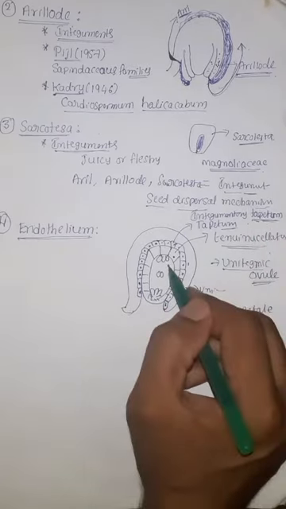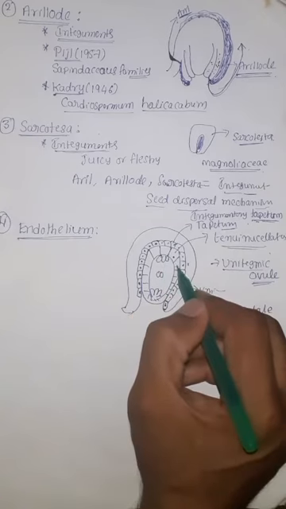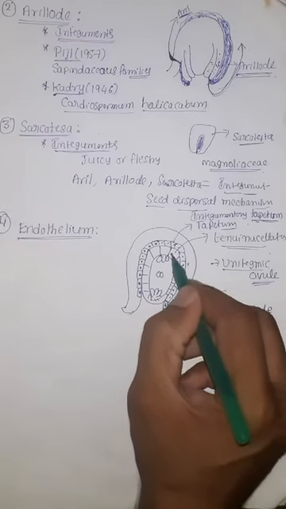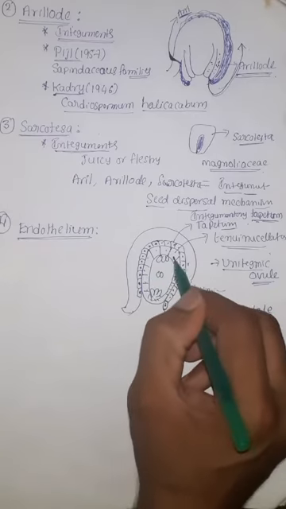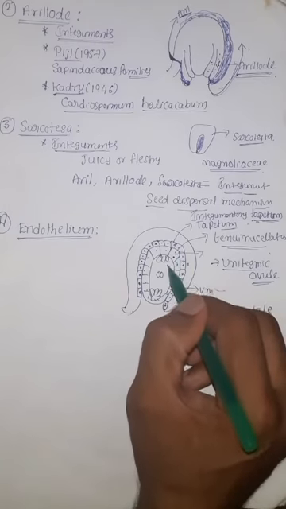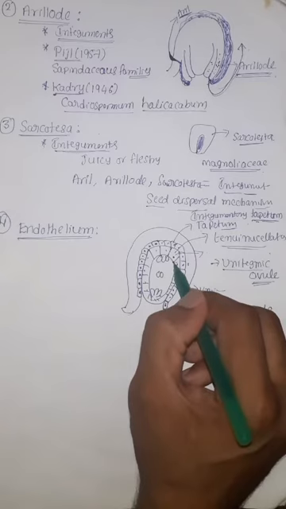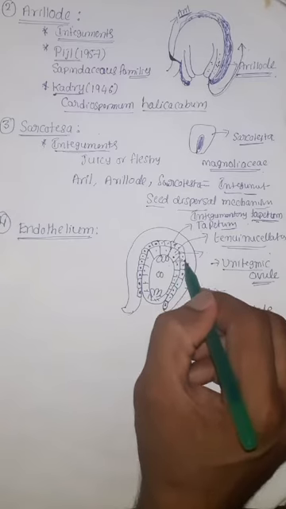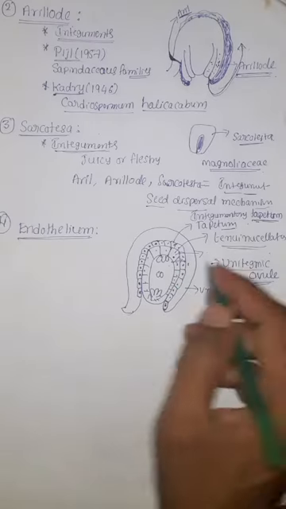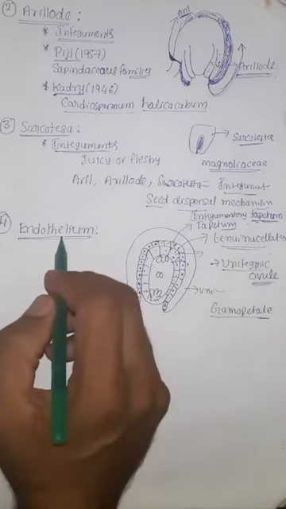Here, because we have only a single layer of cells of nucellus, whenever the nucellus is completely utilized by the embryo sac, the embryo sac becomes very close to this integumentary tapetum. At that time this tapetum will secrete some nutrients. Those nutrients are useful for the growth of the embryo sac. This is all about integumentary tapetum or endothelium.